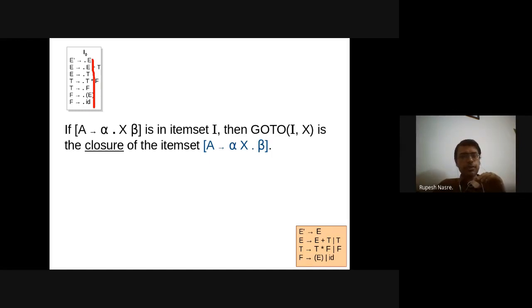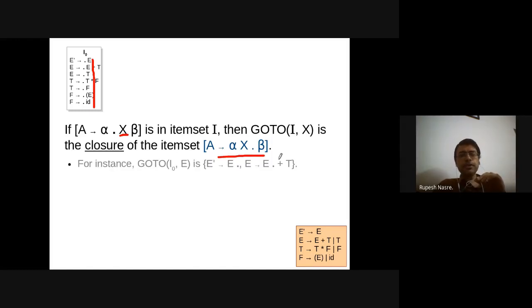Just to give a higher level picture, if A derives alpha dot x beta is in a state, for example I0, then from I0 on the symbol x, and this symbol need not always be a non-terminal, it could be a terminal also, that is going to be in the item set, and then from there you create a closure. Right? So this is what we were discussing.